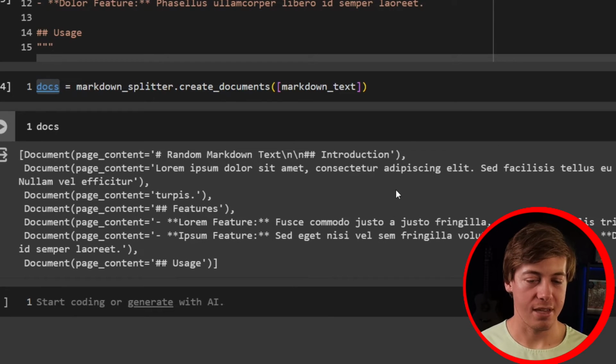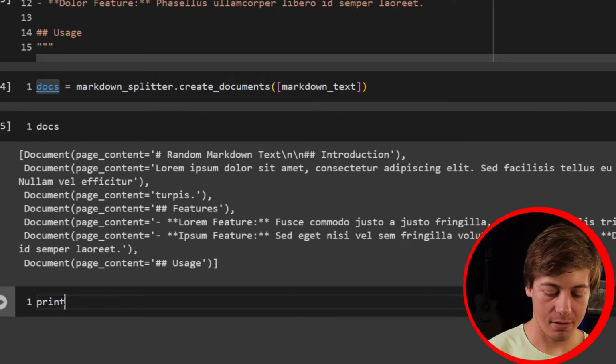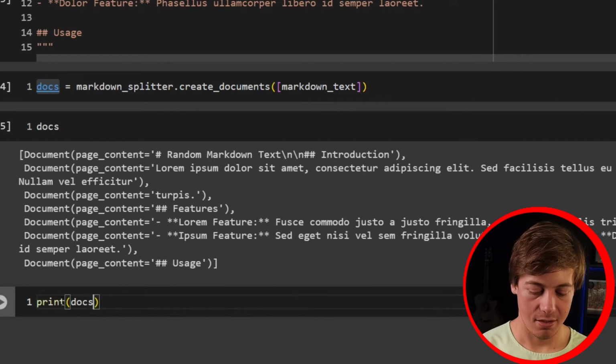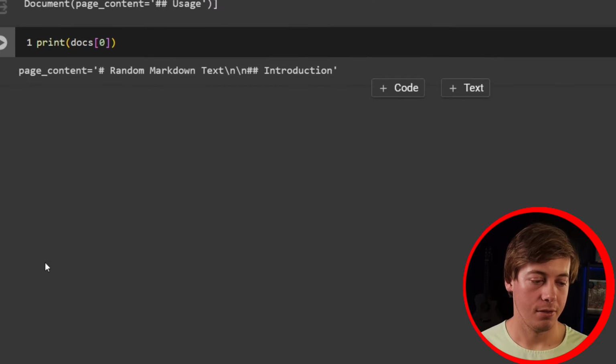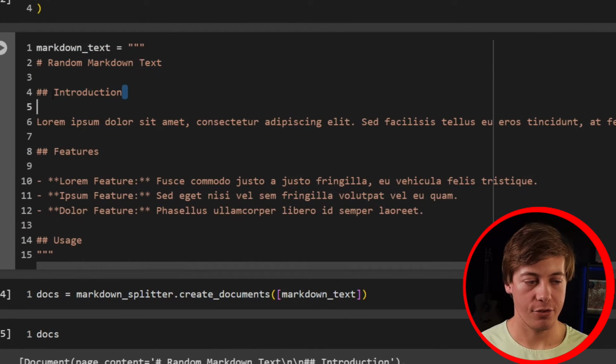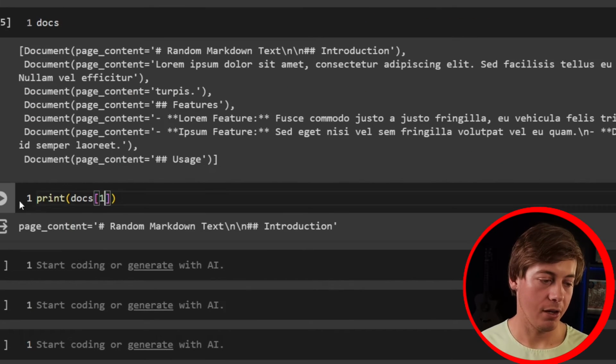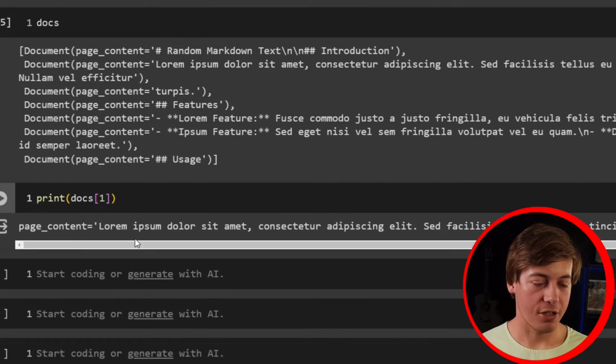Essentially, that's how we print this out. And if you want to see what our first version of that looks like, we can just go over here, print docs, throw in a 0, and right, our Markdown over here is like that. So it showed our random text Markdown and our introduction. This will probably be number 2, or I should say 1 over here, but you can see page content